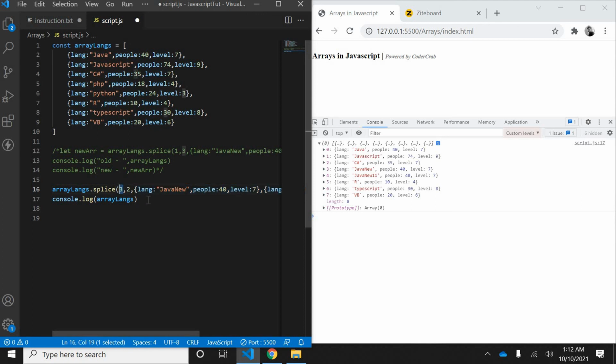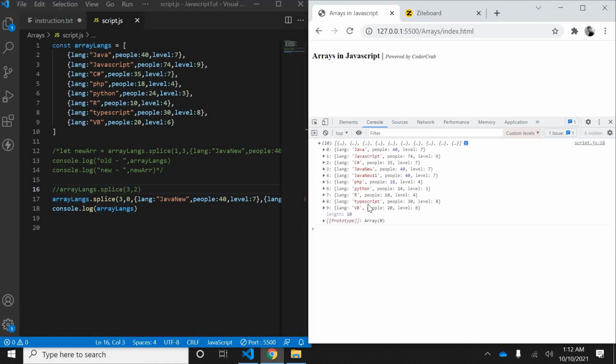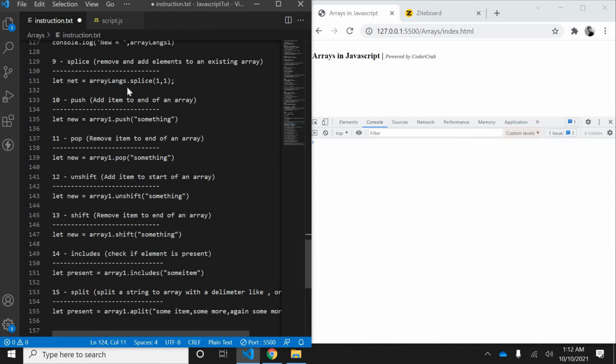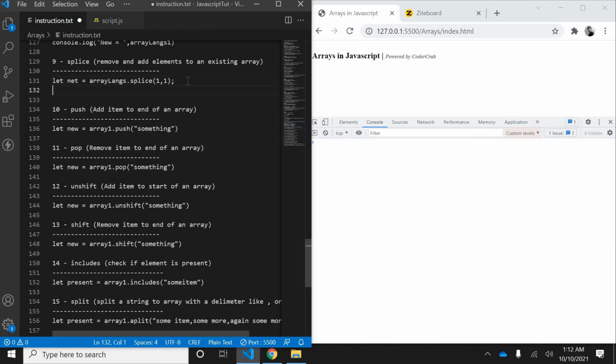Okay, so this is very useful again. So we can use this splice for different purposes, for removing, and for adding after positions, after removing. If you don't want to remove, you just put 0 here, and then you can just run it. Then you will see you have added 2 more from the position of 3. Okay, so this is very useful. Okay, so I'll just take this and put it in this place.